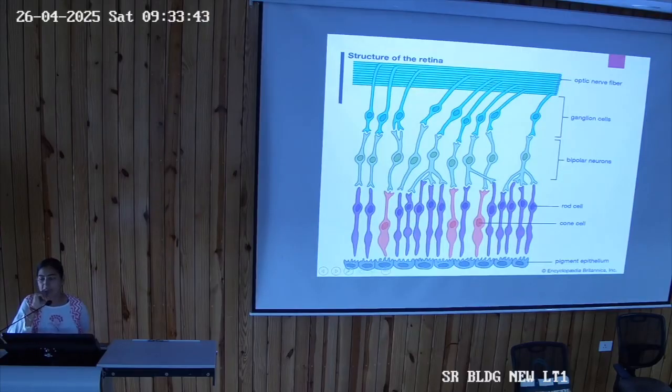It has bipolar cells. Other than these cells, the photoreceptor cells are also present over there. So what are the photoreceptor cells that are present there? Rods and cones. What is the function of rods and cones? What do rods carry, what do cones carry, what do they perceive? This was discussed yesterday too. Cones are for color vision. Okay, what is the pigment that is present in the rods? Rhodopsin.